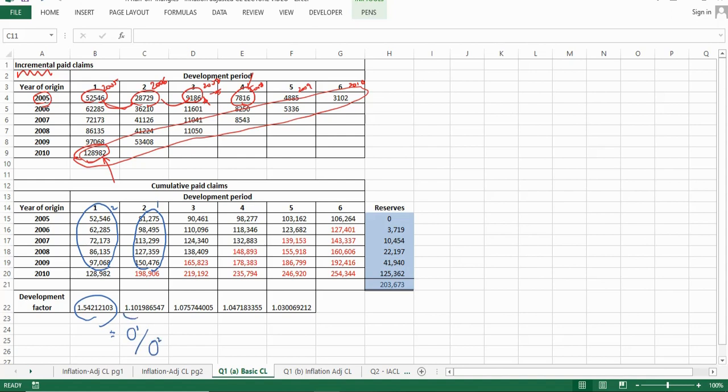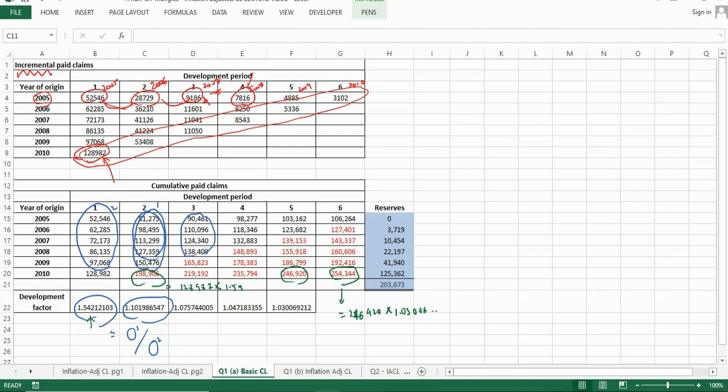So now to obtain this one, you calculate this divided by this, etc. Okay, and then to be able to fill the triangle, for example, this is equal to 128982 times this development factor, etc. Okay, if I take this one, it is equal to 246920 times 1.0, etc. Okay, so when you fill in this lower triangle, you may calculate the reserve for unpaid